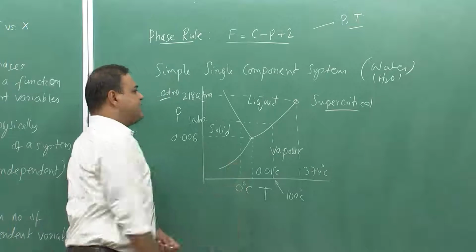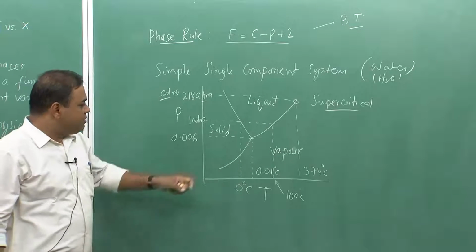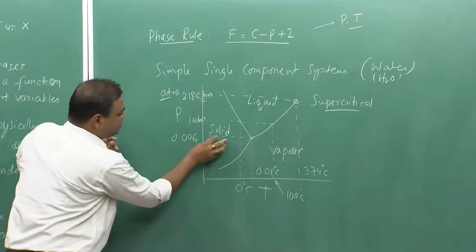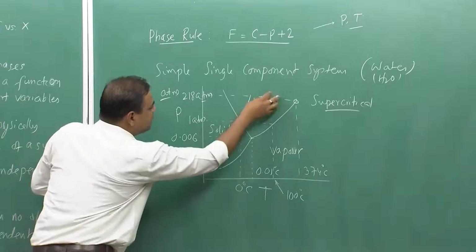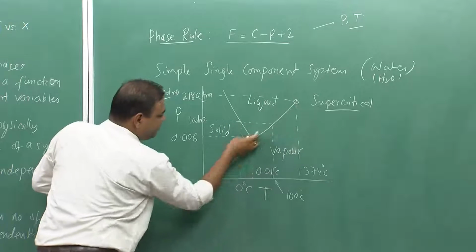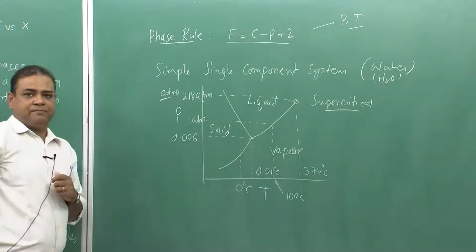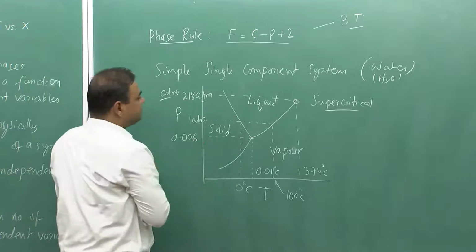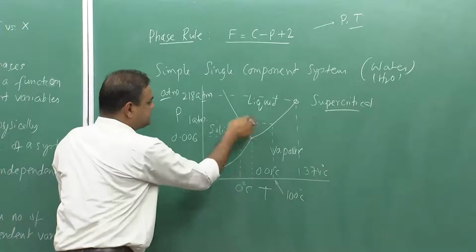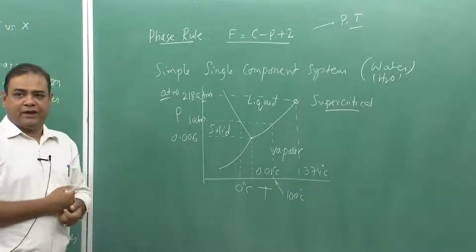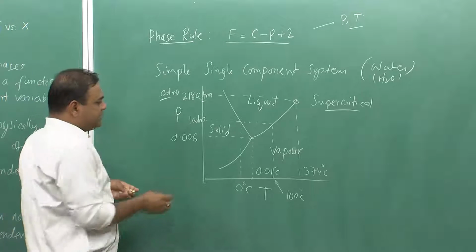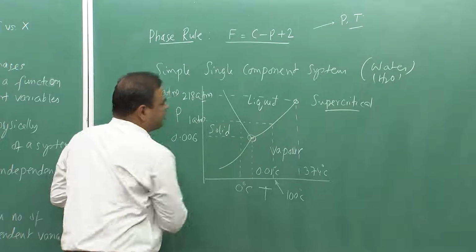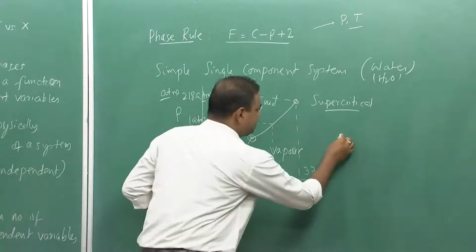We are not looking at that particular situation, but we can see that within this boundary solid is stable, within this boundary liquid is stable, and within this zone vapor is stable. And if we try to find out what would be the degrees of freedom at different points in this phase diagram, we can easily find out. So, for example, if I try to find out the degrees of freedom at this point, it would become